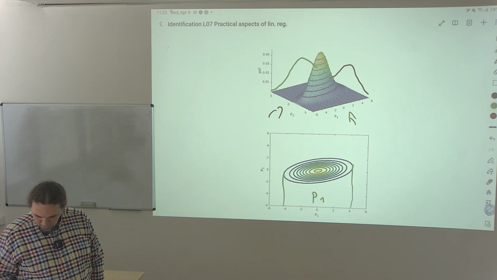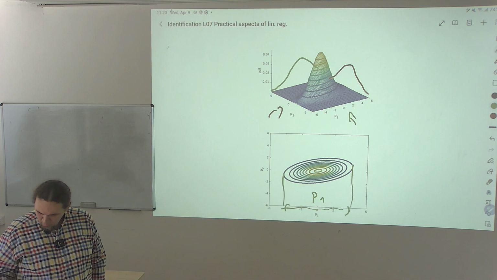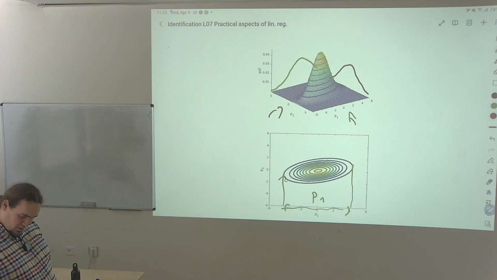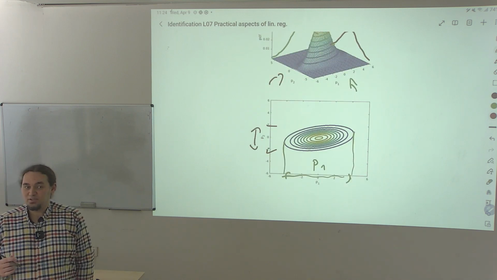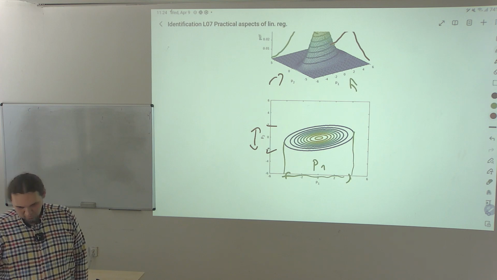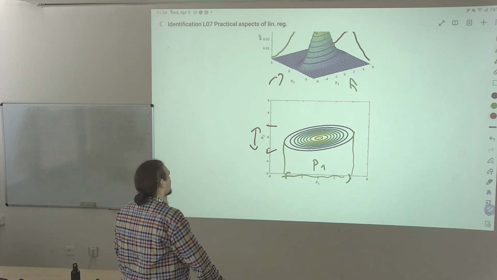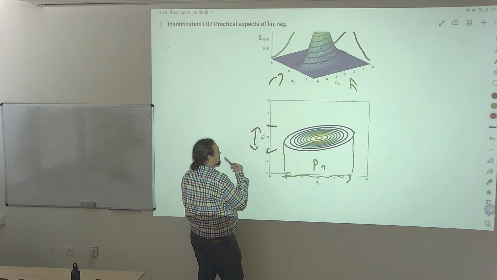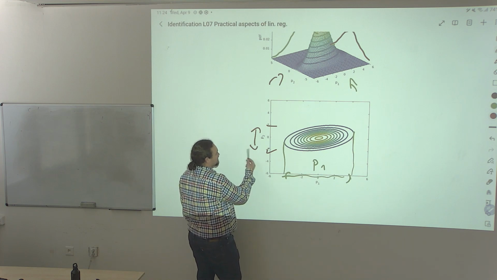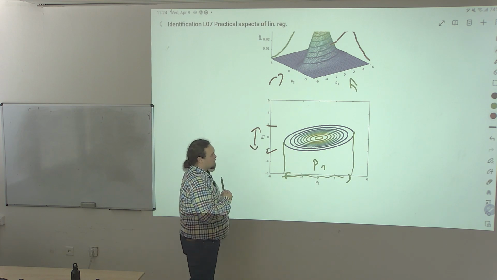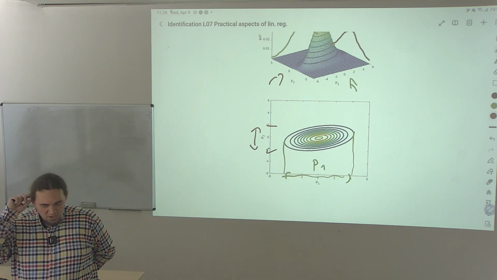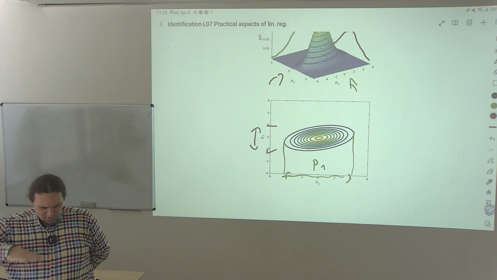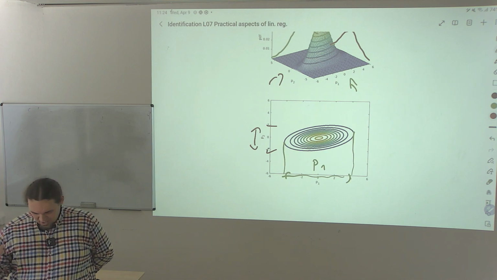So our uncertainty in P1 and uncertainty in P2. It's obvious that our data and also our model told us more specific, more accurate information to estimate parameter P2 than the parameter P1. If you are asking yourself why there are these different rings and bands